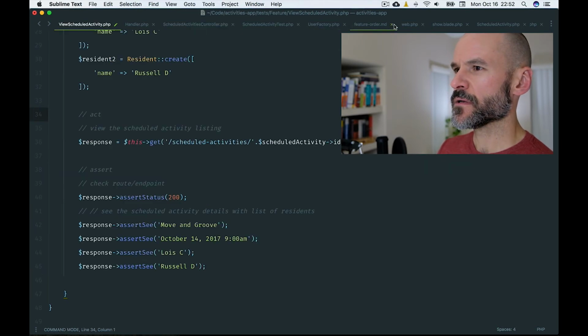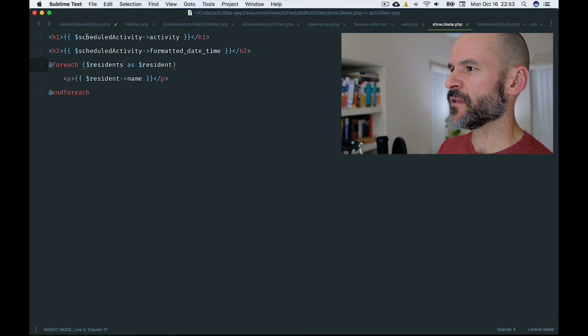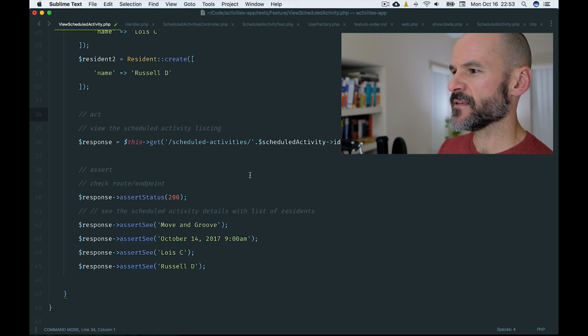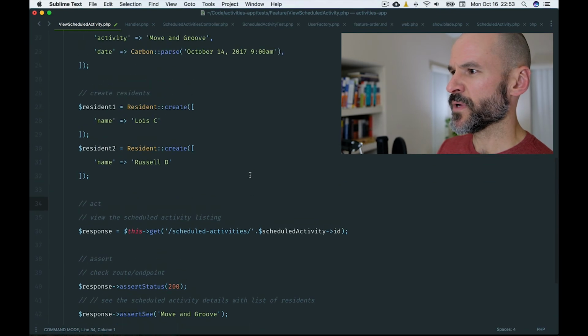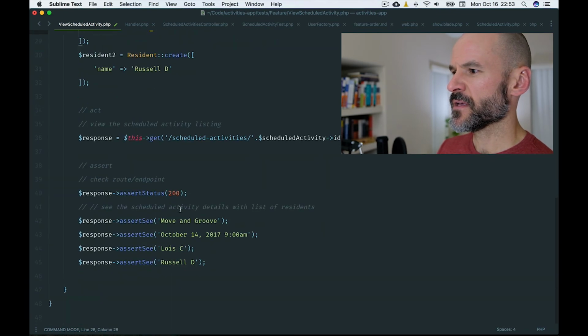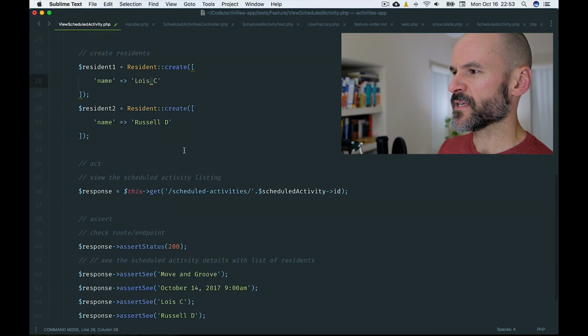In our show.blade.php file, within the scheduled activity, that object had the activity in the formatted date, as well as we passed through the resident. So I'm looping through that resident object, or the residents object, looping through each one and grabbing the name. That is what we have generated here and are testing or asserting here. If I run this test,